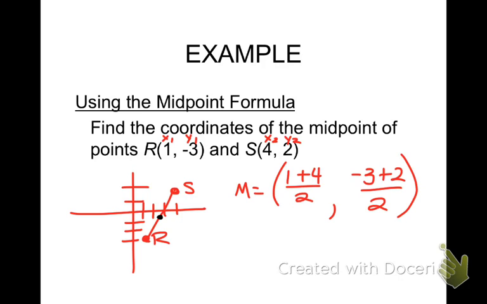So now I just need to simplify. What is 4 plus 1? 5. What's half of 5? 2.5, right? What's -3 plus 2? What's half of -1? -1/2. Good. How did I do? Is my midpoint pretty close to (2.5, -1/2)? I think I did a pretty good job of estimating. Okay. All right. So there is your